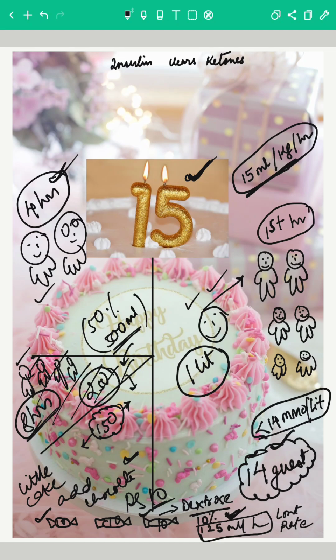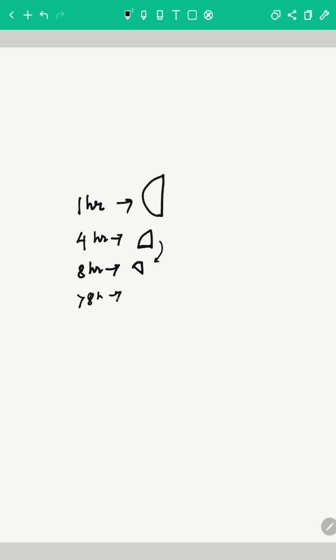So the points which we have to remember is that the guests that we have, first they will come in 1 hour and they get a very big chunk. Then next 4 hours we keep observing them and we give them 50% of the last chunk. Next again 8 hours, slowly they keep coming. So we again give them 50% of the last chunk, and after that we give them